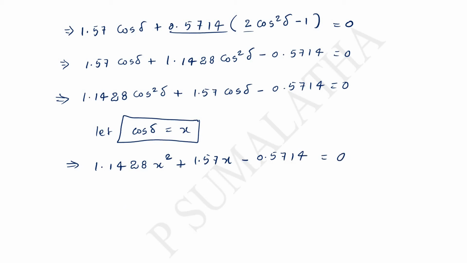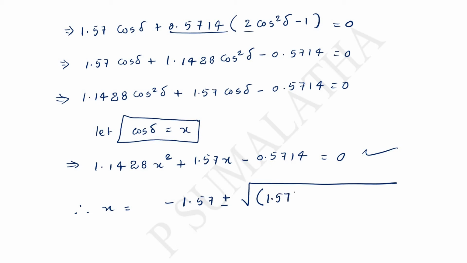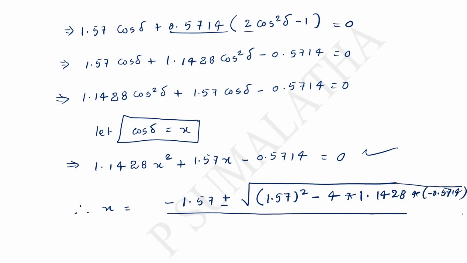So now it has resulted in a quadratic equation, so we can find the x value. Therefore, x is equal to minus b, minus 1.57, plus or minus square root of b square, 1.57 whole square, minus 4ac, 4 into 1.1428 into minus 0.5714, divided by 2a. So if you simplify this, we will get